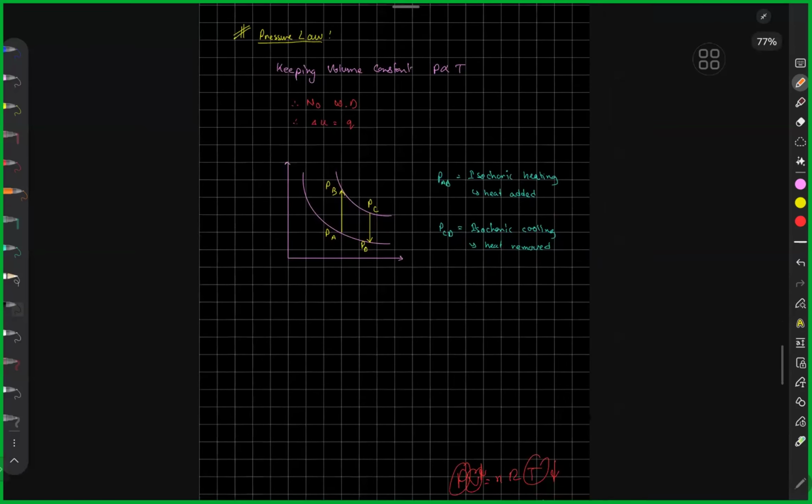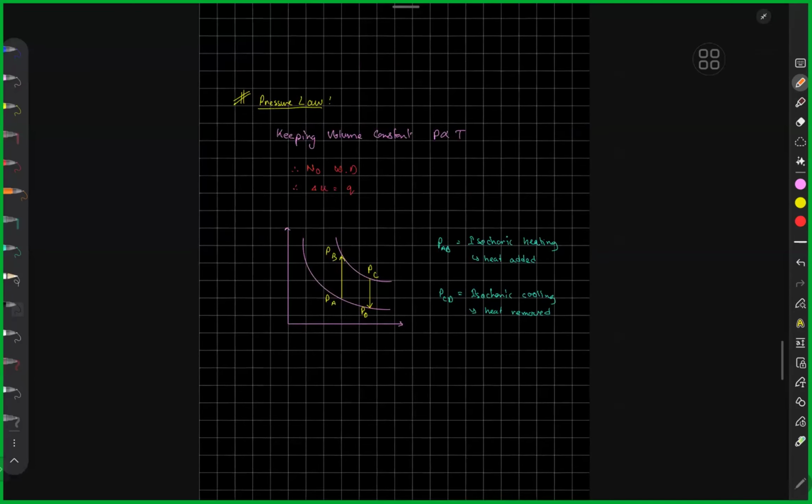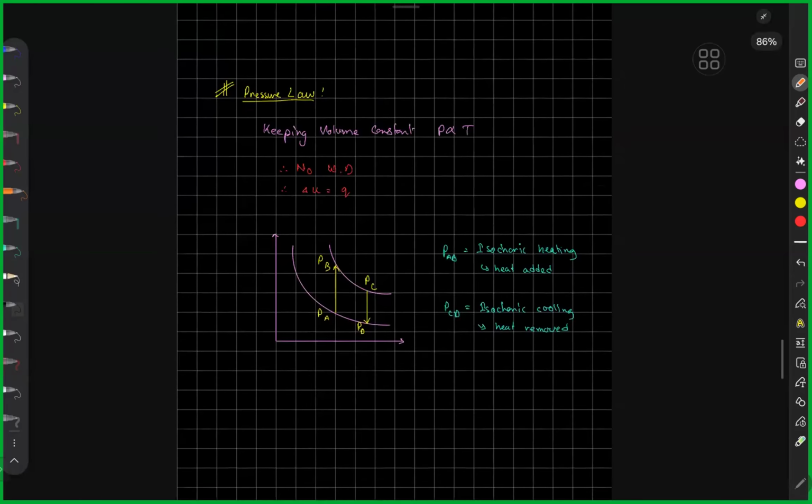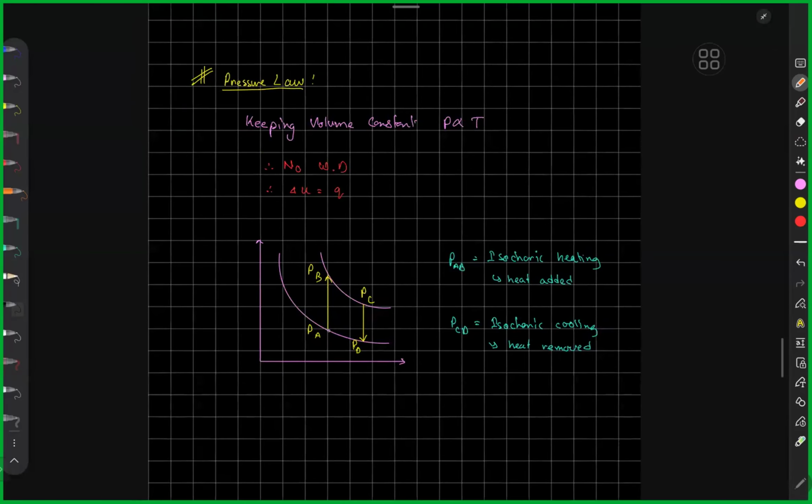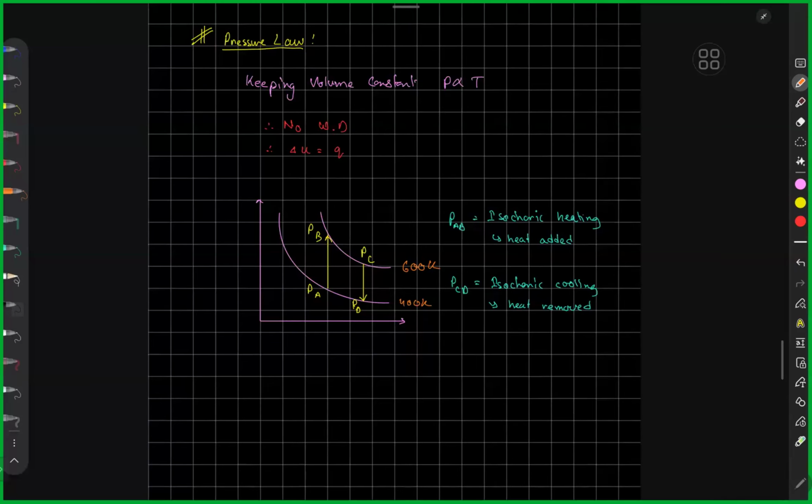So granted that's clear. Last thing, and we'll finish on time with this topic. Over here, what happens in terms of PA to PB? So these are again, let's say 400 Kelvin and 600 Kelvin. Over here, the pressure law says keep the volume constant and change the pressure to see the change in temperature. So if I keep the volume constant, my bad, at let's say V1, what happens? My pressure is increasing,